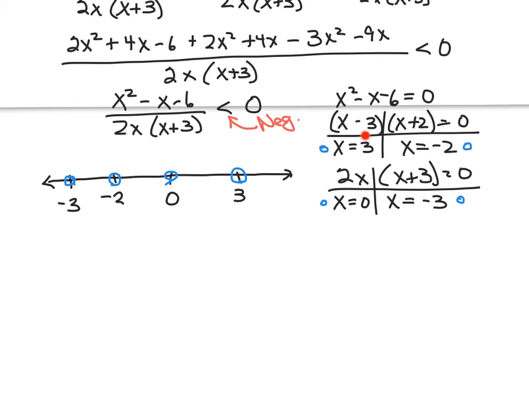Putting negative 4 in for x, I'm going to have a negative times a negative, so the numerator is positive. Putting a negative 4 into my denominator, 2 times negative 4 is negative, negative 4 plus 3 is negative, negative times negative is positive,